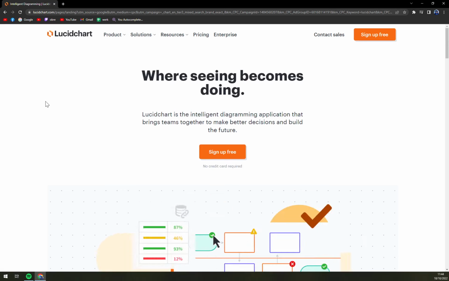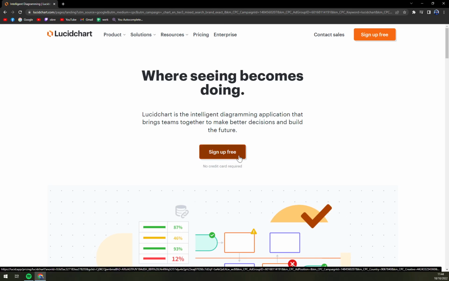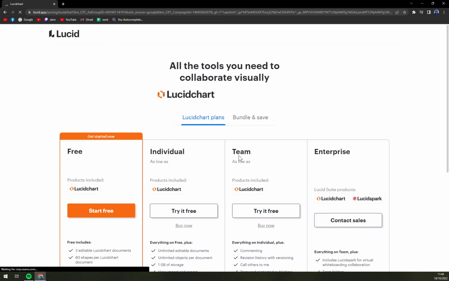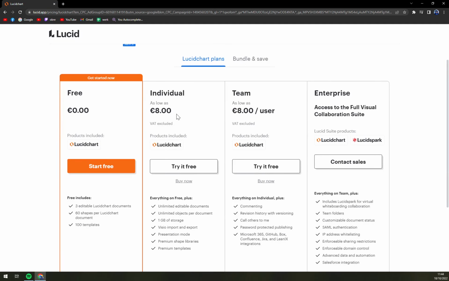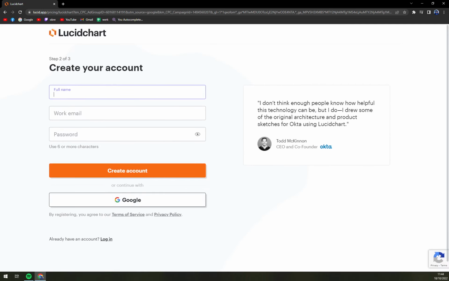lucidchart.com, and I strongly recommend trying their sign up free option, which you can just try for some time, and then if you decide to subscribe, you can easily do it. As you can see, individual is $8, team is $8 per user, and enterprise is custom or quotation based. But what we want to do is click on start free, and you can start with